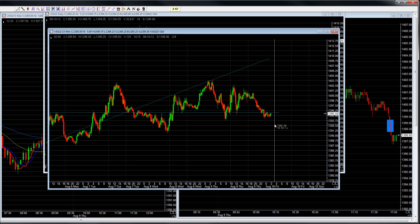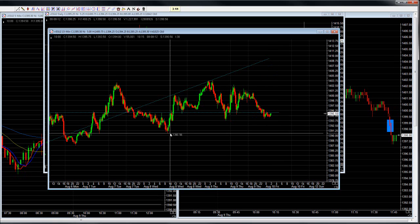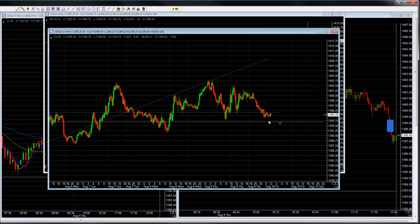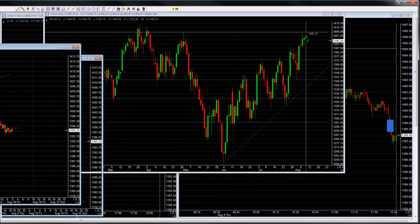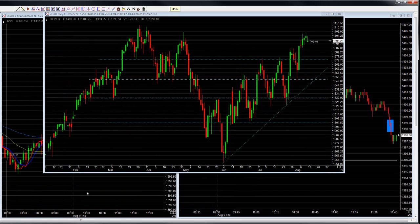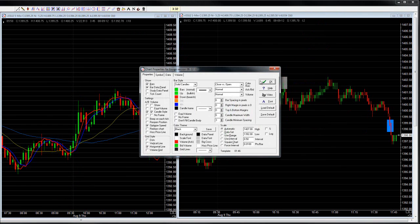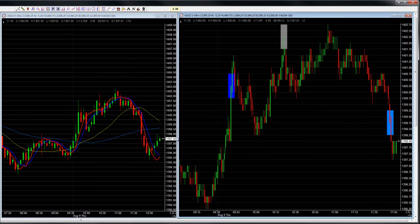If we really start to push off from that, maybe we'll come down, put some pressure on these low areas around here, and maybe we'll get a bit of a sell-off. But definitely worth keeping an eye on that 15-minute chart. So as far as having a look at these markets, the 5-minute chart and the 1-minute chart,